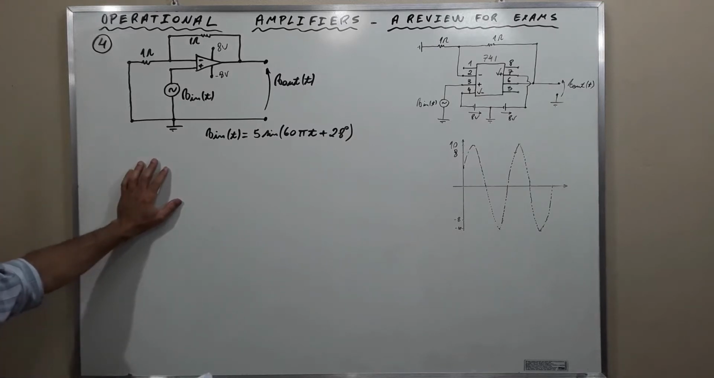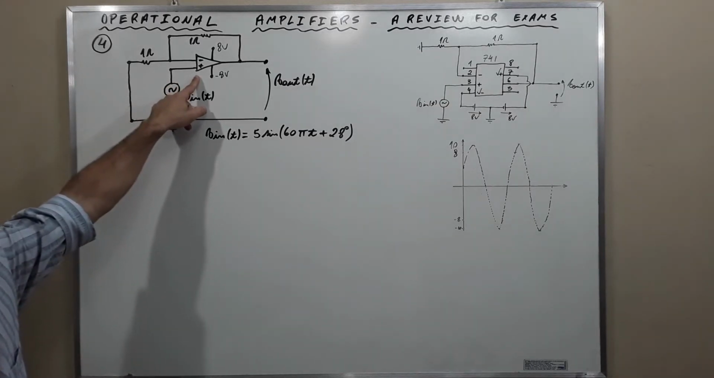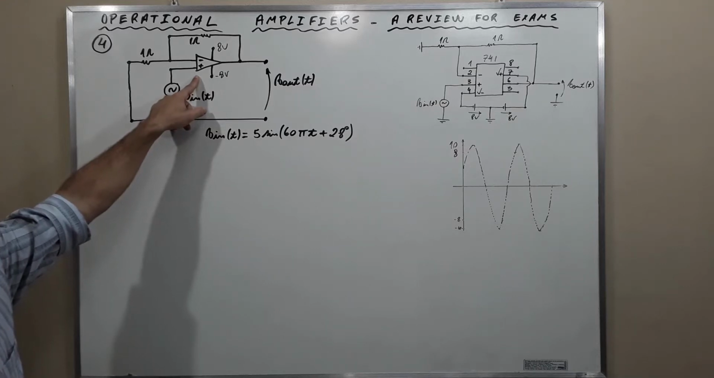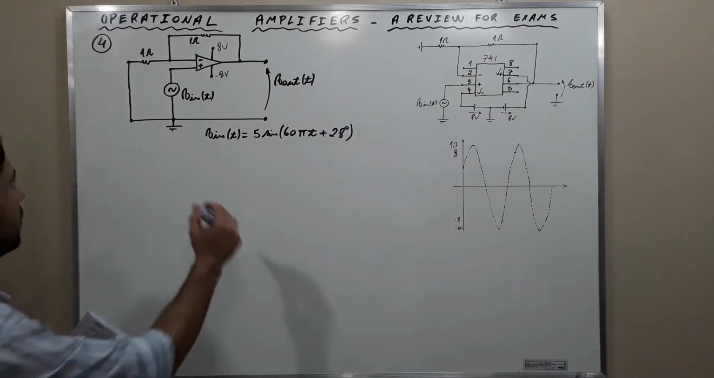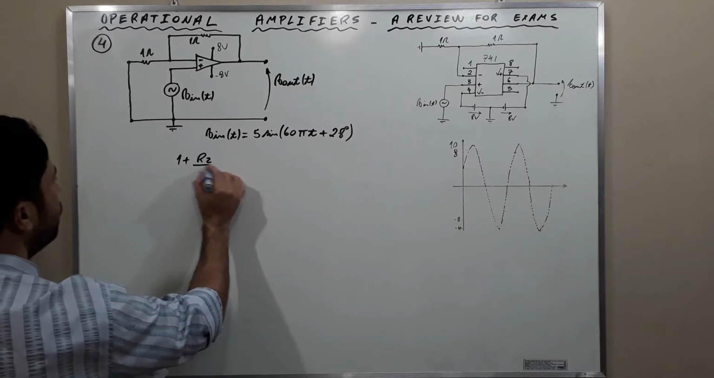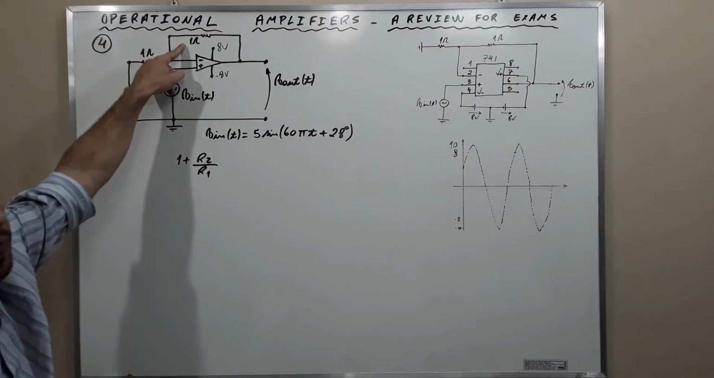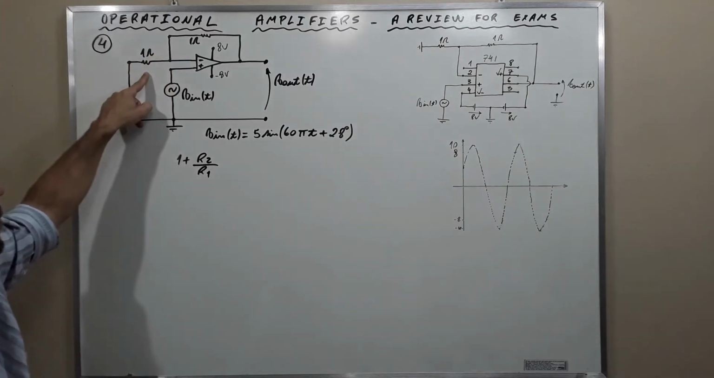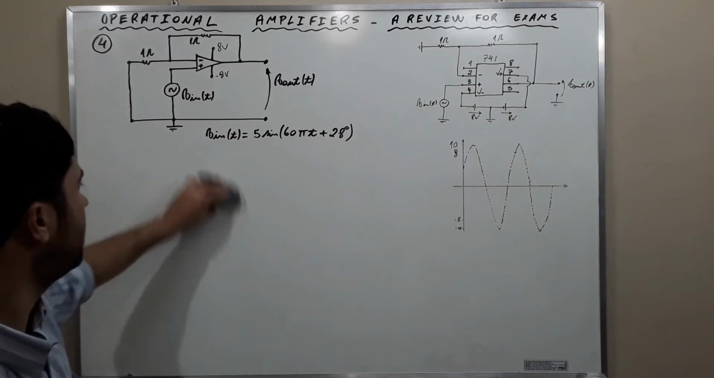Observe that the amplifier is connected in the non-inverting configuration. The signal is entering through the positive terminal. Okay? Then the gain will be 1 plus R2 over R1. Where is R2? R2 is here. And R1 is here. Okay? This is the gain of the non-inverting configuration, and using the values,